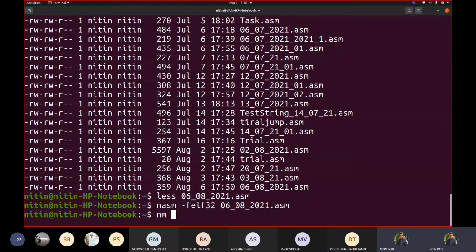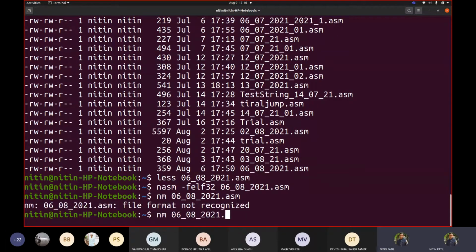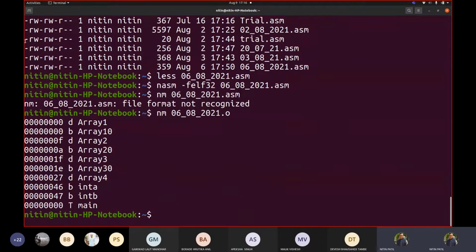If I go and check the output of nm, the representation added there for each symbol, you will see that array 1 is stored at this number. This is array 2. This array 10 was from BSS.